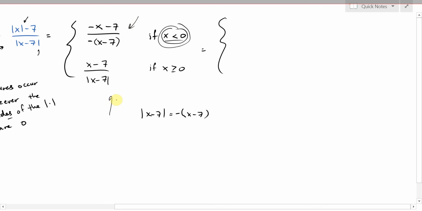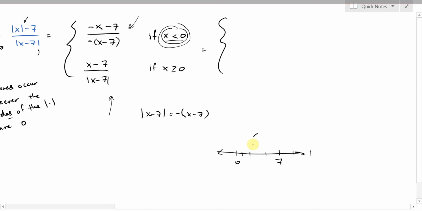But what about here? Can I apply similar reasoning? If x is positive, what can I say about x minus 7? Let me draw the real number line. There's our real number line. There's 0. There's 7. Now, if x is positive, it means it's to the right of 0 here. So maybe it's over here, maybe it's over there, and what you'll notice is that